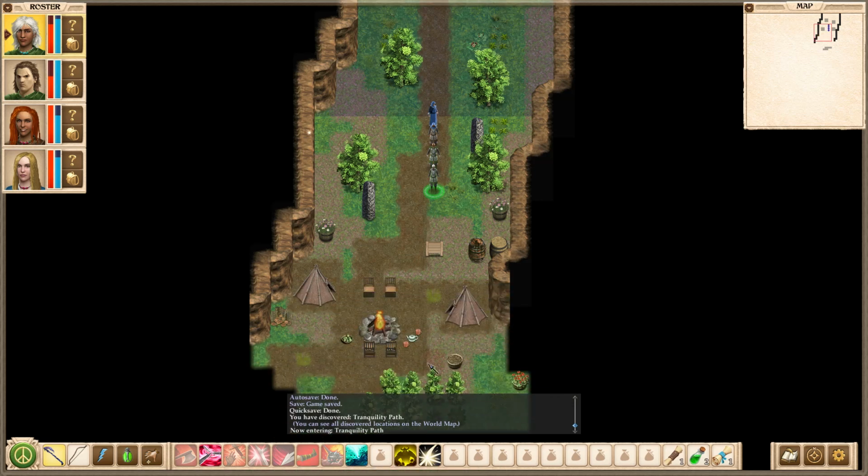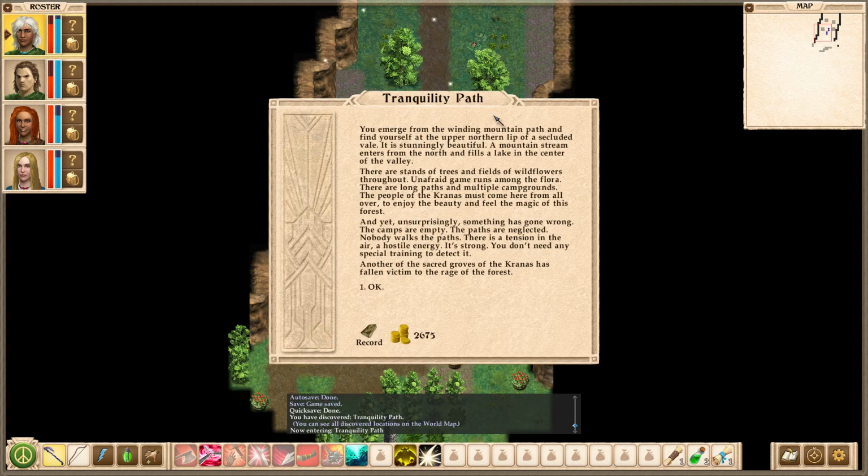Where's this? Tranquility Path. You emerge from the winding mountain path and find yourself at the upper northern tip of a secluded vale. It is stunningly beautiful. A mountain stream emits from the north and fills a lake in the center of the valley. There are stands of trees and fields of wildflowers throughout. Unafraid game runs among the flora. There are long paths and multiple campgrounds. The people of the Kranas must come here from all over to enjoy the beauty and feel the magic of